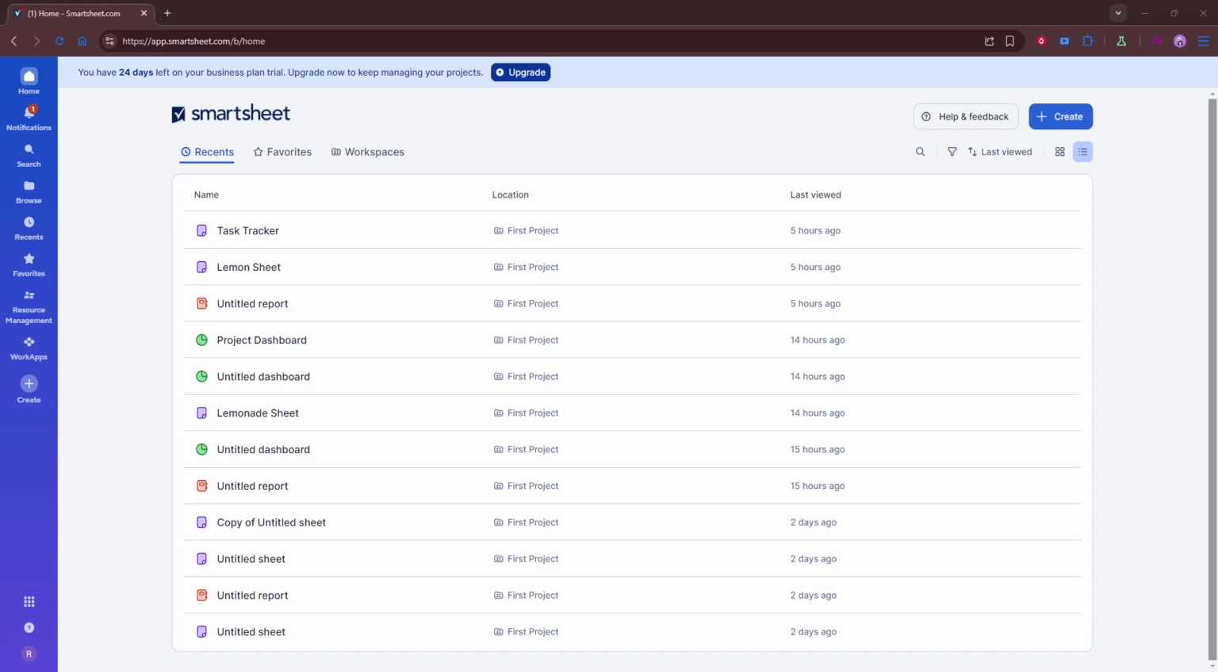In today's video, I'm going to teach you how to fix Smartsheet when it keeps freezing. If Smartsheet is lagging, becoming unresponsive, or freezing while you work, don't worry. There are several simple things you can try to get it running smoothly again. We'll go through the most effective fixes in a clear order so you can troubleshoot the issue without making the